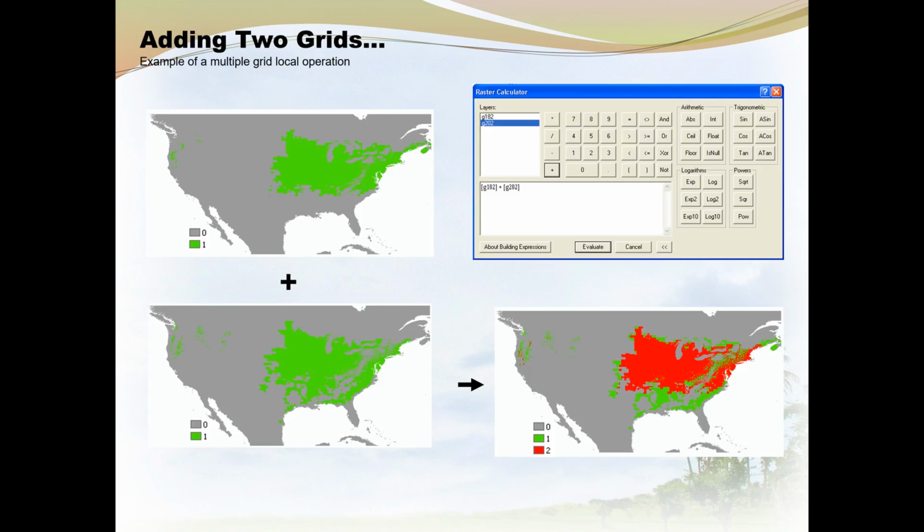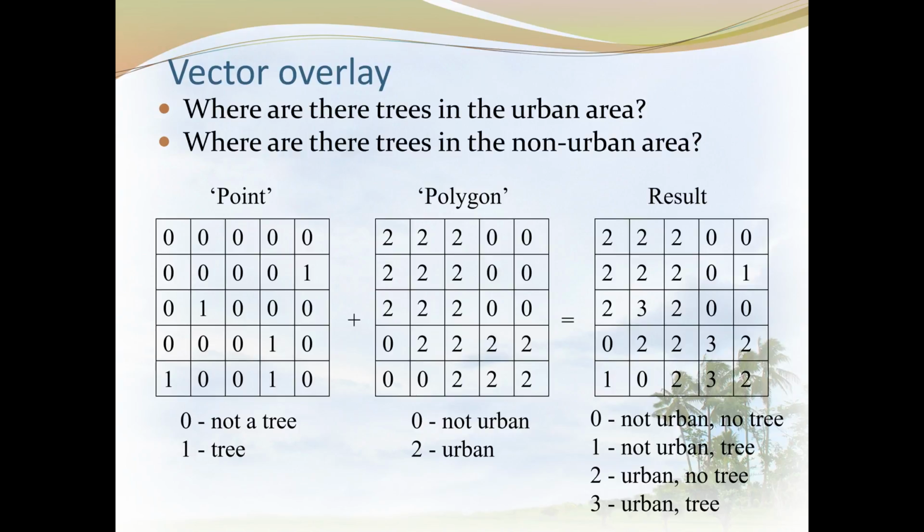Okay. So then we add 2 grids together. It's just like 1 plus 1, we get 2. So we would just add the grids together. So overlay: 0 plus 2 is 2. Okay, 1 plus 1 is 2, 1 plus 0 is 1, 1 plus 2, you get 3. So